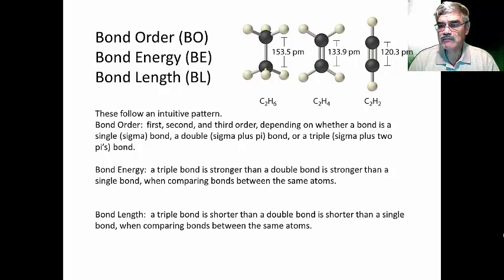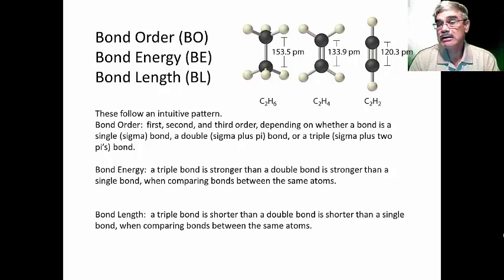It's pretty intuitive that if you have three of these bonds or rubber bands or springs tying together the two atoms, this will hold those two atoms closer together. They'll have a shorter bond length. And also, it would be more difficult. It would take more energy. It would drain more from your lightsaber if you tried to cut through or break a triple bond